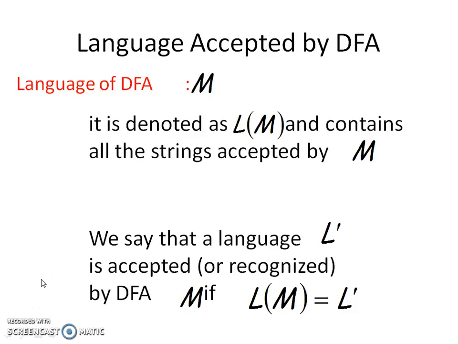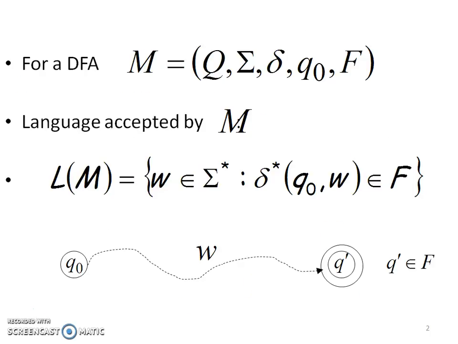Let us now discuss the language accepted by a DFA. The language of a DFA M is denoted as L of M and contains all the strings accepted by M. We say that a language L dash is accepted or recognized by a DFA if L of M is equal to L dash. For a DFA, which we already know what it is, M is equal to Q, sigma, delta, Q0, F,